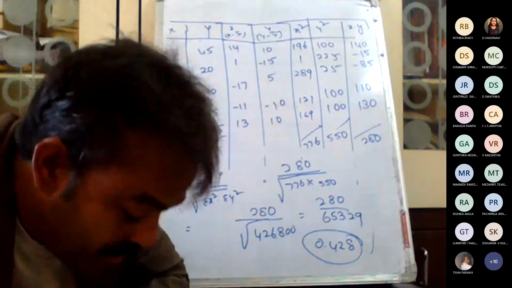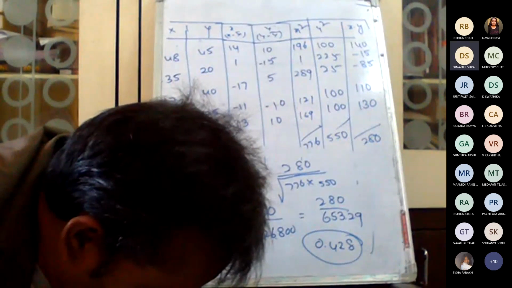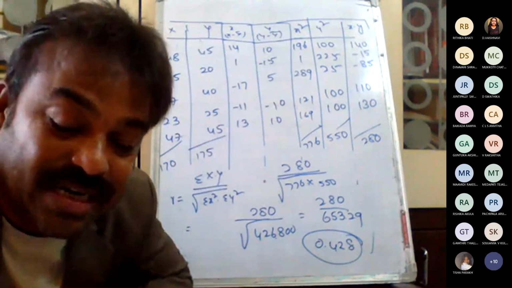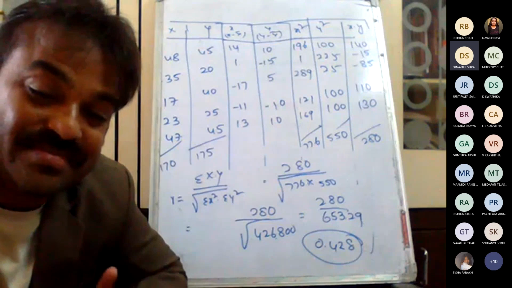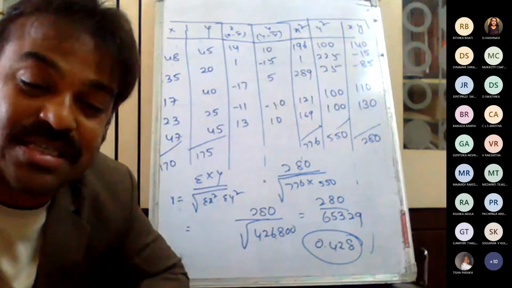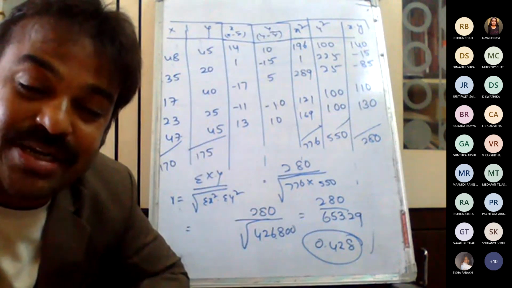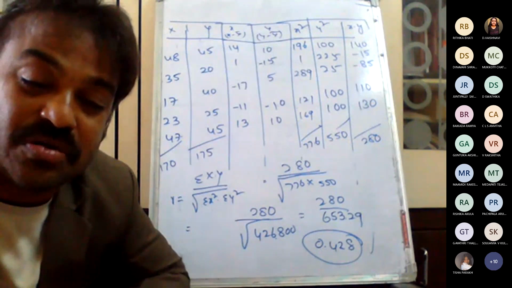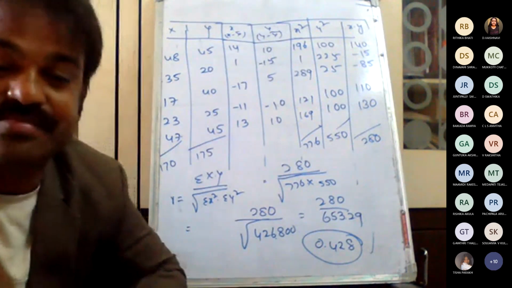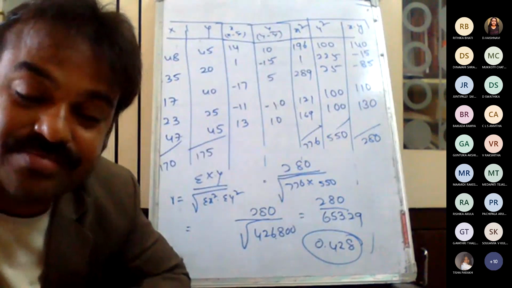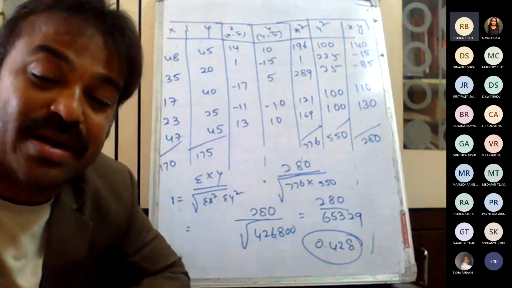Sir, this second formula, is it part of the Karl Pearson method or is it a second method? No, I am discussing Karl Pearson. Don't go for rank correlation. Okay, so both formulas are part of Karl Pearson. What is the first formula I told you? Sigma xy divided by n into standard deviation of x and standard deviation of y, where standard deviation of x is equal to root of sigma x square divided by n. So this n will be cancelled, then automatically root of sigma x square. So that n belongs to both.